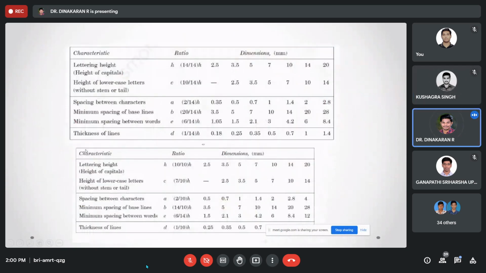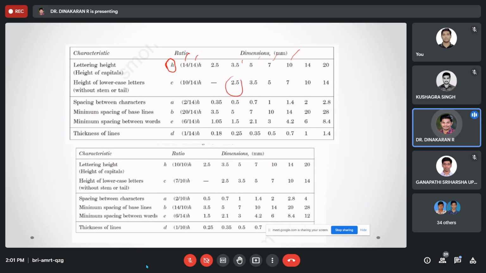Okay. Next, based on the calculation, there are two types of lettering height: one is divided by 14, another is divided by 10. They will give an H value, and we need to multiply it by the lettering height, so 14 into H. Commonly, 2.5, 3.5, 7, 10 are the standard values.